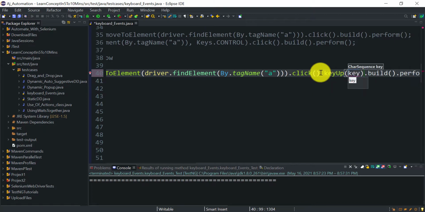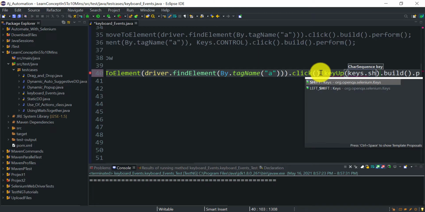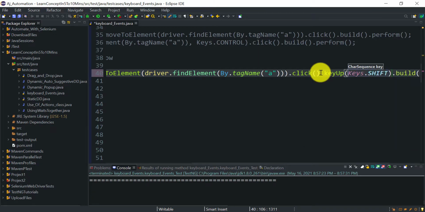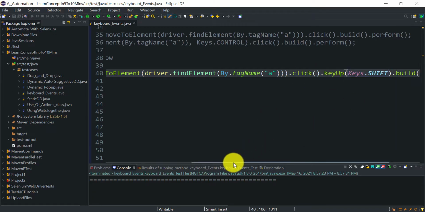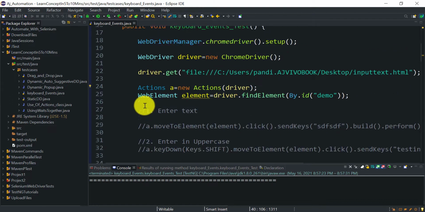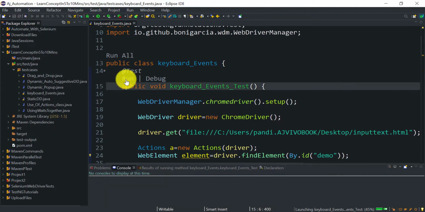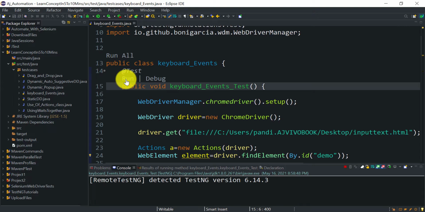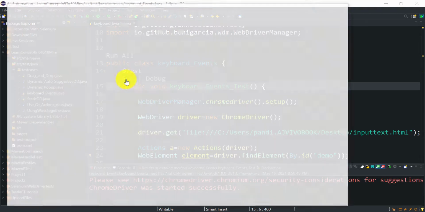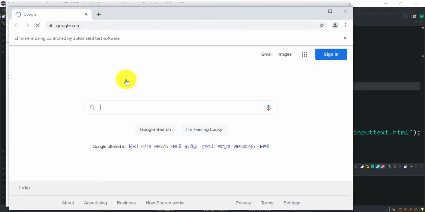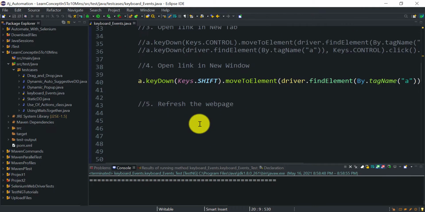Which key do you need to release? Whatever you have pressed, so the shift key I need to release. Let's go and run this one more time. We will press the shift key, then click on that link, and then release the shift key. Okay, working fine.